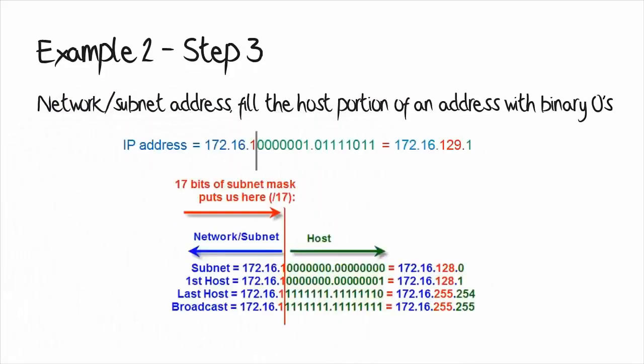So to work out the network or subnet portion of the address, you need to fill the host portion of the address with binary zeros. So this green portion of the address needs to be filled with zeros, and that would give us the subnet, which is 172.16.1. That binary 1 is part of the network address, followed by 7 zeros, followed by 8 zeros. So in the third octet we have 1 binary 1, followed by 7 binary zeros, which gives us the equivalent decimal value of 128. The fourth octet is filled with binary zeros, which will give us the equivalent decimal value of 0. So the subnet that this host 172.16.129.1 resides on is